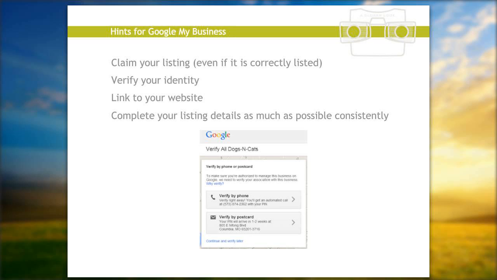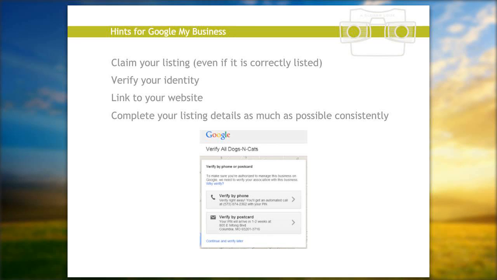Now, there's a process of verifying your identity, and this process is really important as far as Google is concerned, because as you know, there's a lot of scamming activity online, and people will pretend that they are all sorts of things that they're not. And so Google doesn't want you to be pretending you've got 50 businesses when you haven't, or worse. So they go through a fairly rigorous process of verifying your identity, which involves them sending you a postcard and sometimes a phone call and all sorts of things.